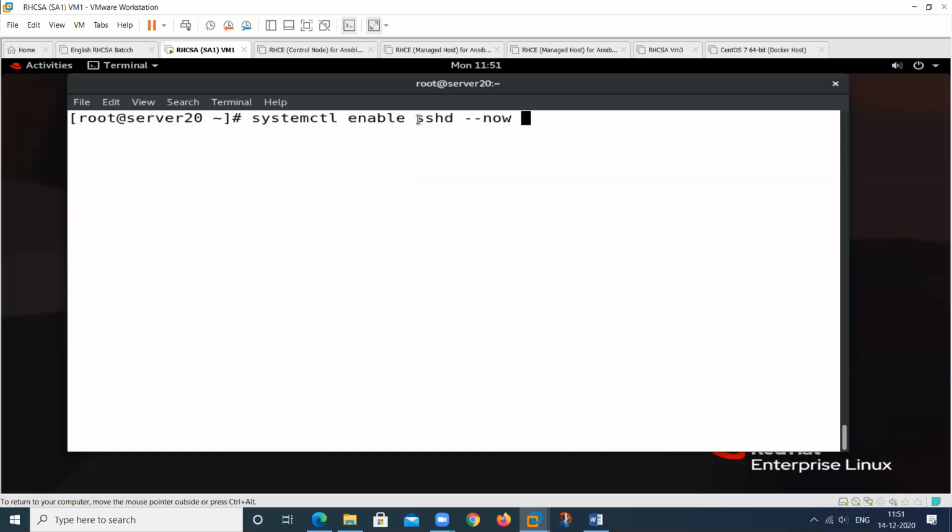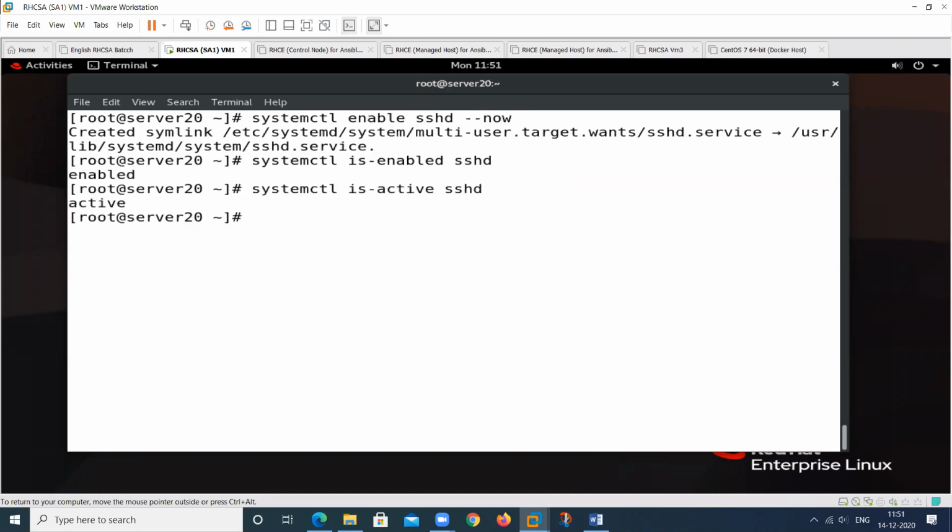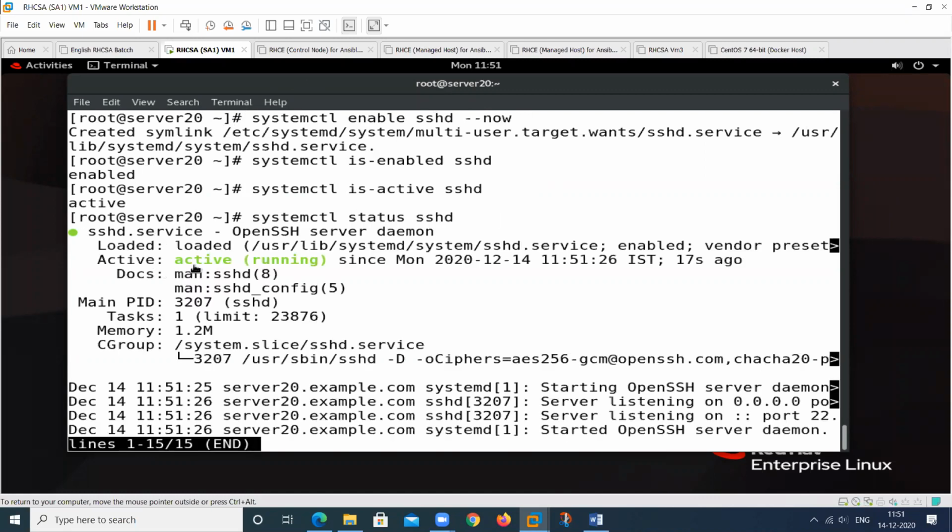But by using this one command, all two things will be complete. It will be active and enabled also, and you can check the status. So this will be started, and this will be enabled at booting time.